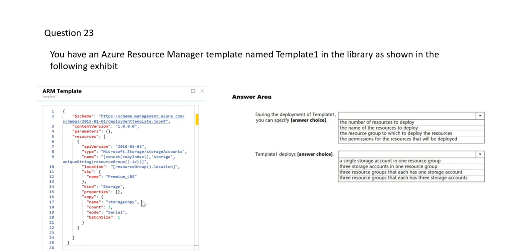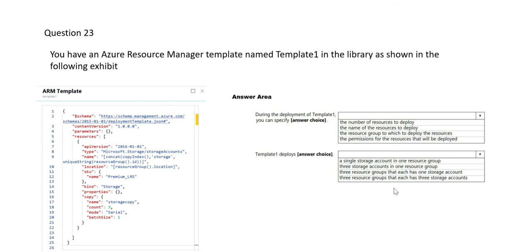Always remember, the first thing you have to do if you try to create any resource in Azure, the first thing it asks is to create a resource group. You try creating it, you do a practical and try creating a small VM, or try creating Azure storage. The first thing you have to do is create a resource group. Similar to this, in ARM also, the first thing you have to do is create or ask for a resource group. Okay. The last one says the permissions for resources that will be deployed. It is the next thing, but first thing is we have to put the resource group.